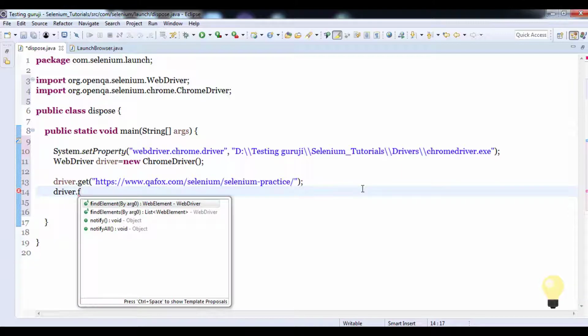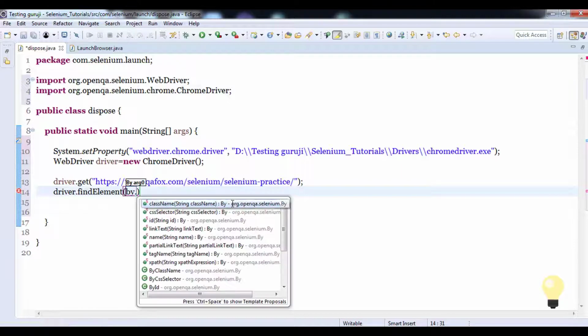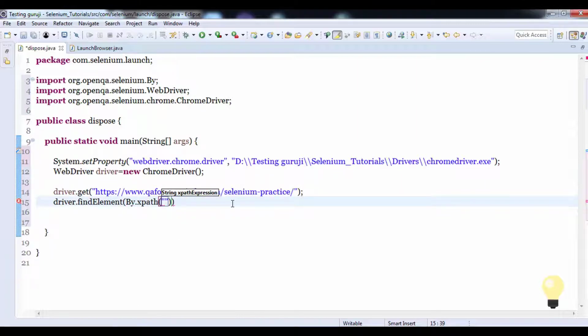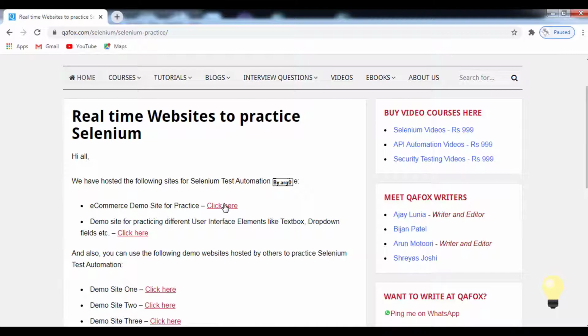You can see findElement and findElements. findElements is used to find more than one element on the browser, and findElement is used to find a single element. I have to click on a single element, so I will go with findElement.